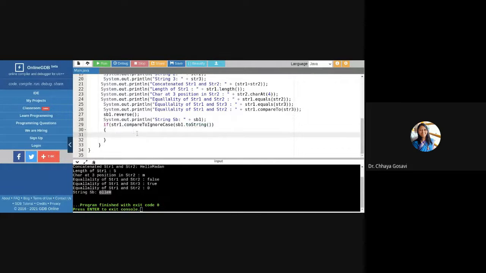And here, if this is equal to 0, then you have to print strings are equal, or string is palindrome.